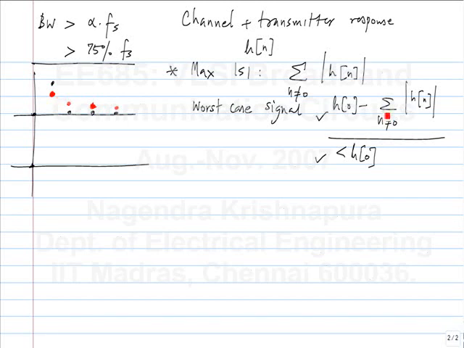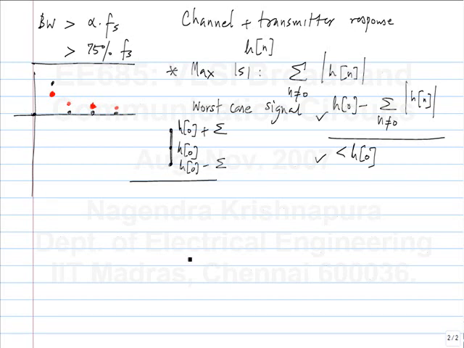And of course, if h[0] minus the summation of magnitudes happens to be less than 0, then even in the absence of noise, you will get bit errors. So ISI can cause bit errors, and this entire thing can be plotted. So h[0] is here, and h[0] plus this summation is here, and h[0] minus this summation is here. Now, the signal will be somewhere between this point and this point, depending on the input bit pattern and how many non-zero elements in the ISI you have and their values and so on. And this part is the part where you don't have any signal, and that is known as the eye opening.